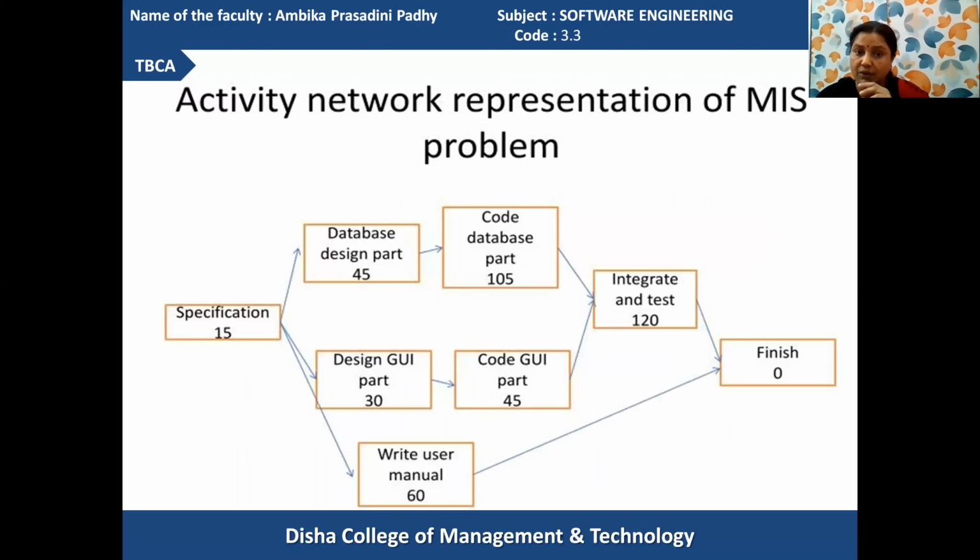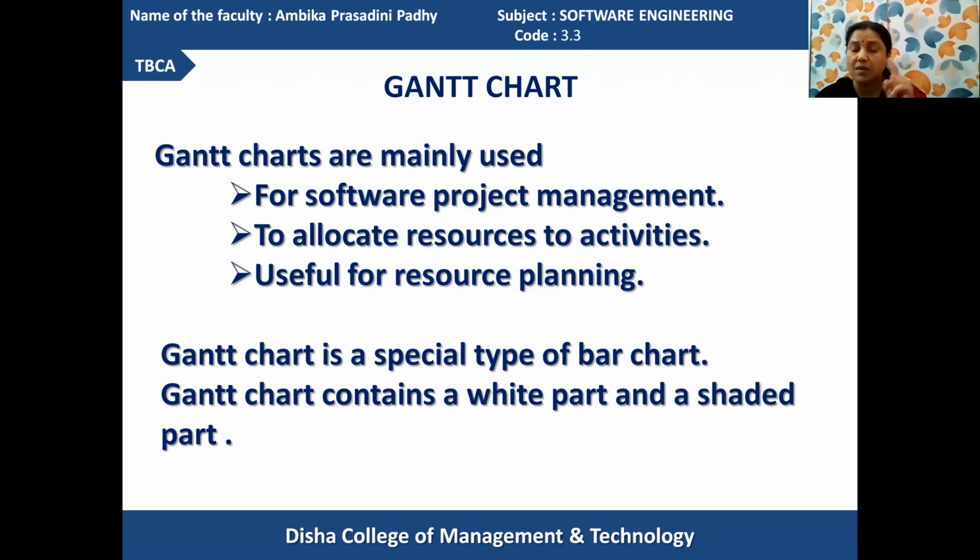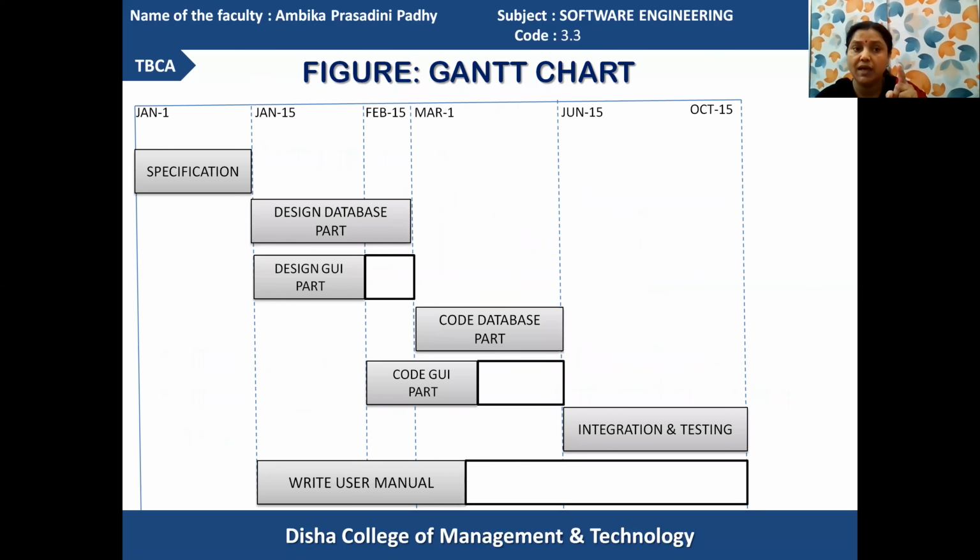This is the activity network, and it contains the activities to be conducted one after another or in parallel, and each activity requires some amount of time, and accordingly the resource requirements can be determined by using the Gantt chart. Each submodule's actions must be represented using a Gantt chart in this manner, so that each activity's time requirement and resource requirements can be determined. How long a particular job is to be executed can be determined.